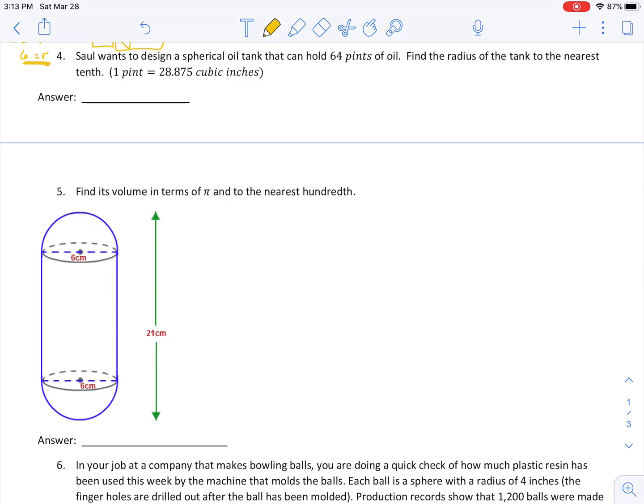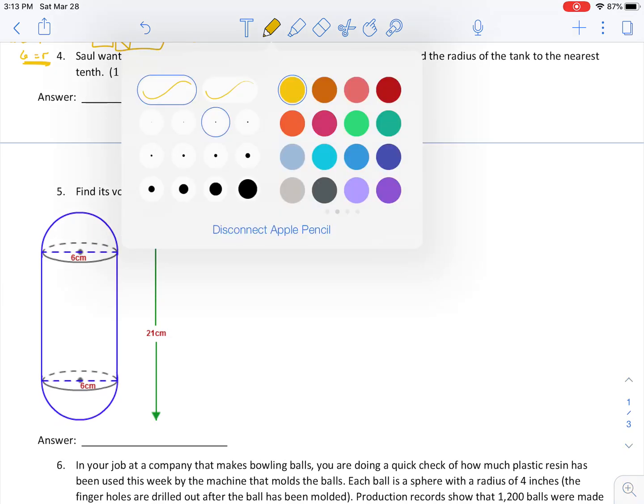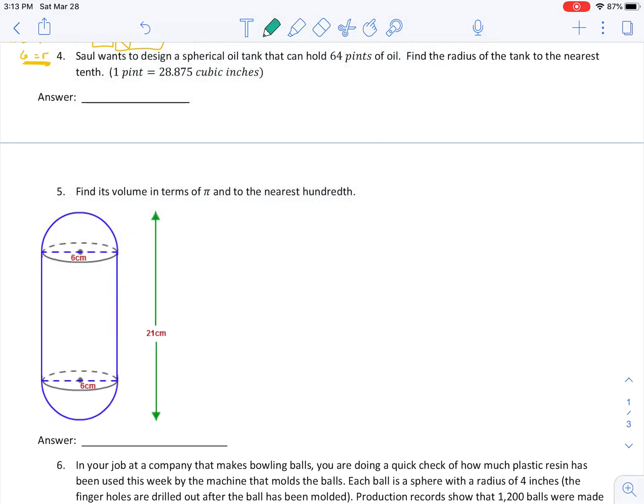Number 4, Saul wants to design a spherical oil tank that can hold 64 pints of oil. Pints is not typically something that we will have you calculate in, but we can figure out things. We can still solve for something like the radius because we can do conversions. Every time you have a pint, you get about almost 29 cubic inches, in this case of oil. So let's figure out then